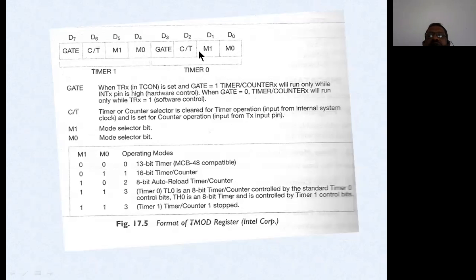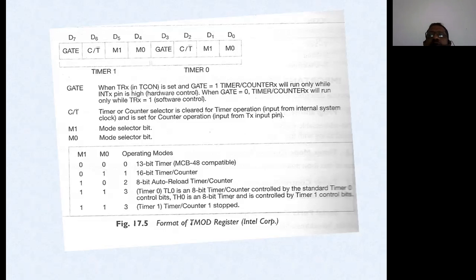That means M0, M1, C/T bar, and gate. These 4 contents of the register are simply repeated here in the case of timer 1. The M0 and M1 bits are what select the mode of the timer.